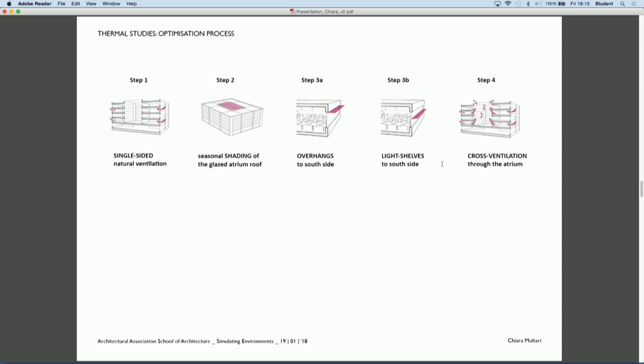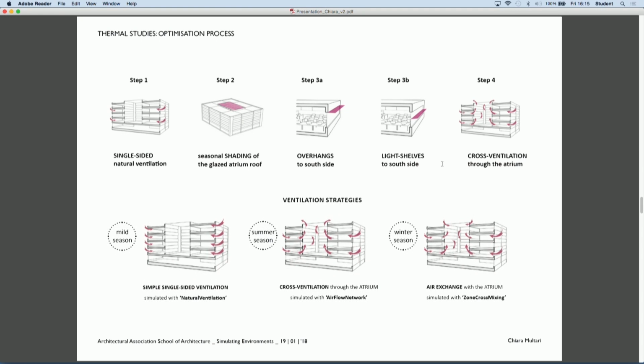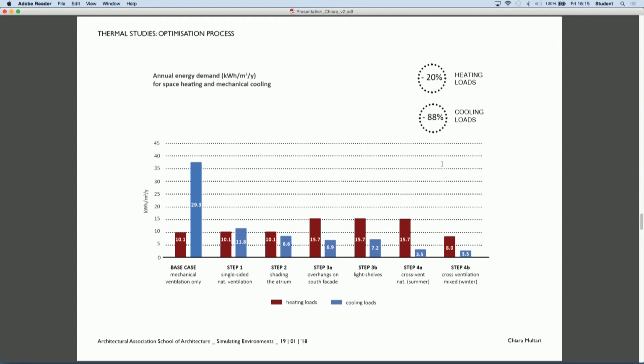And in the end, I explored the potential of using the atrium to cross-ventilate the building. So different ventilation strategies were tested for different periods of the year.